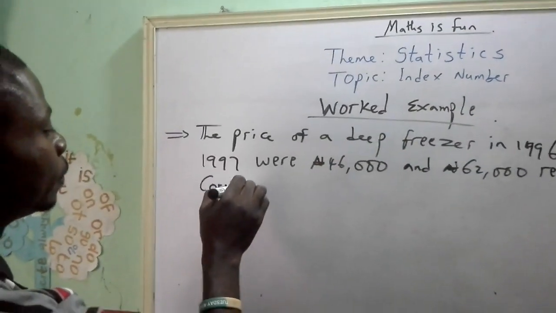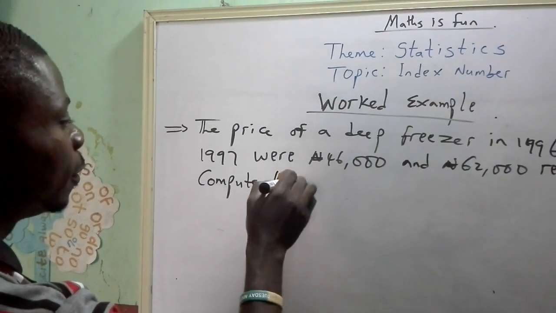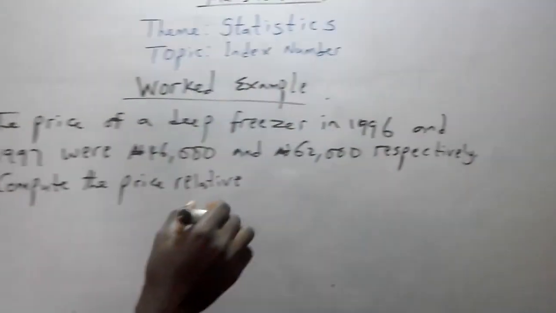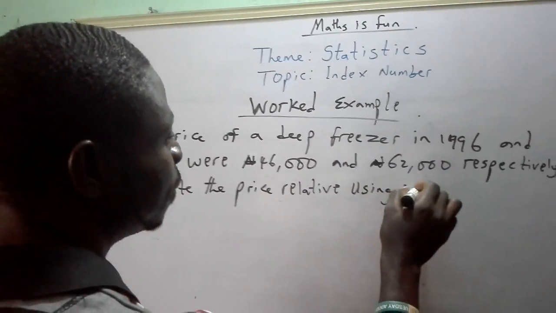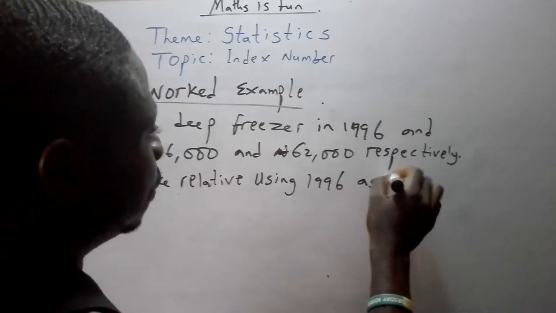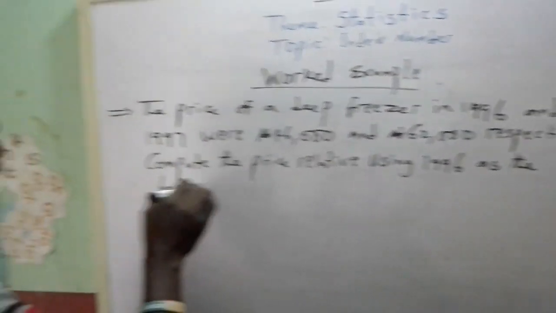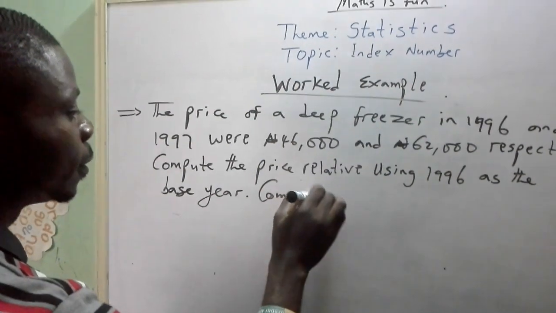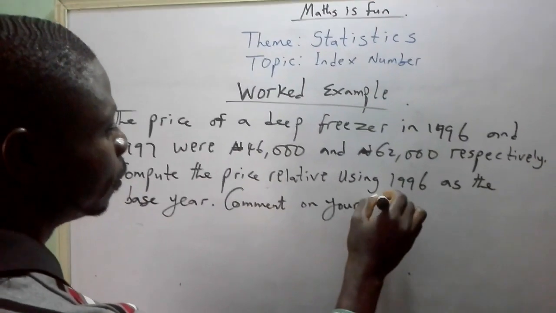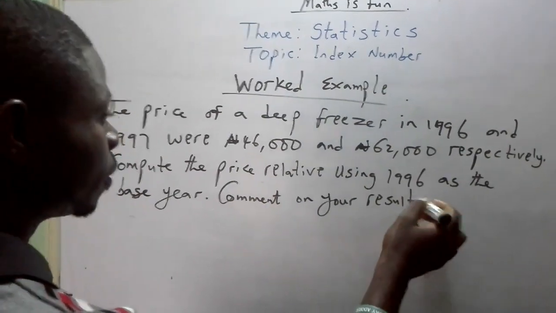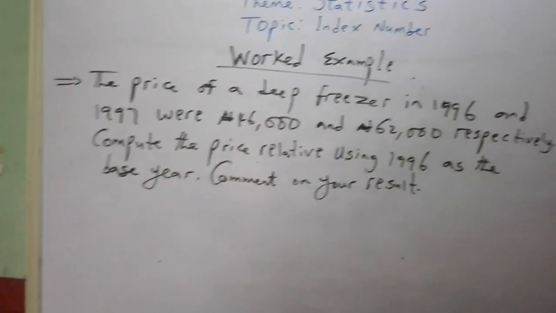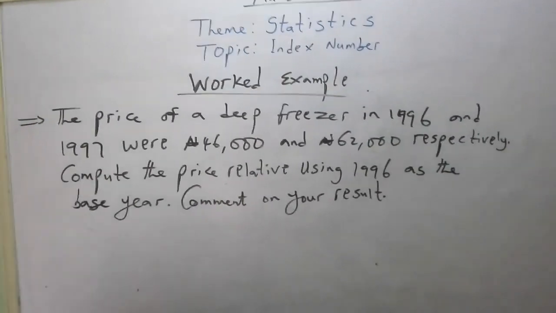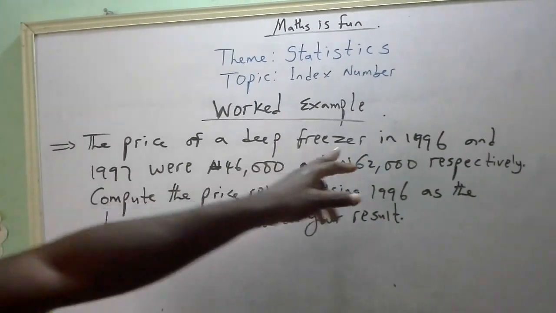Compute the price relative using 1996 as the base year. Comments on your results. Comments on your results. Now, if you look at this example, you will discover that the price of a deep